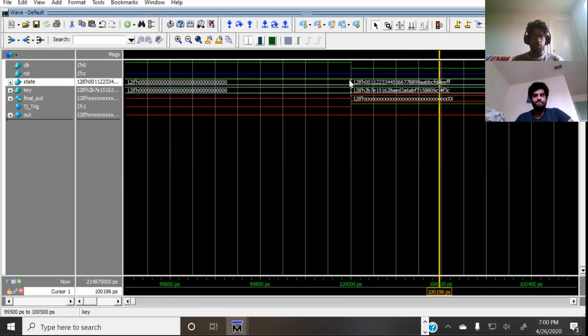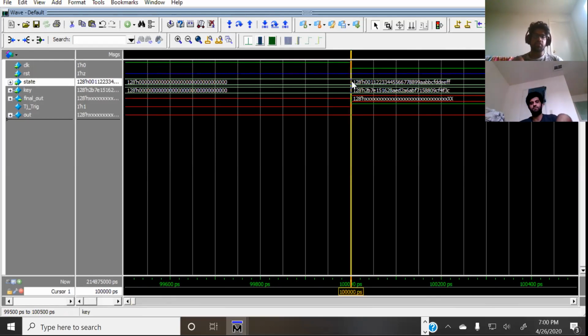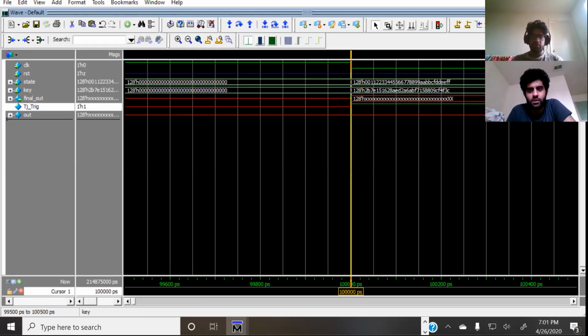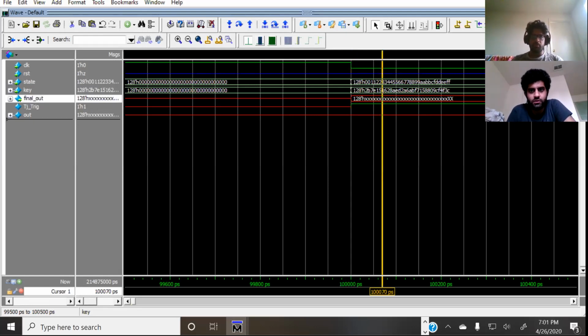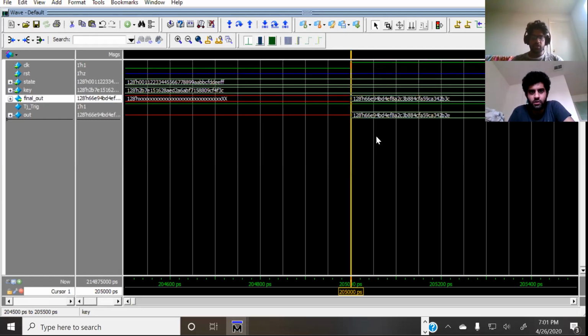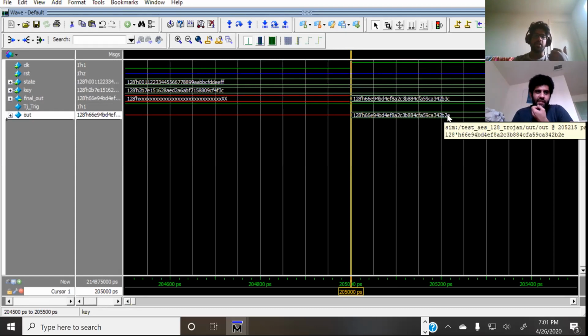So for this state combination, which is once again as proven in the first simulation, it's a very rare combination because for an exhaustive number of cycles, the Trojan was not triggered. So this time for the specific state combo, the Trojan is triggered, which means that the output is supposed to be 2e, which was the same as the output in the previous simulation, because we had the same state and same key.